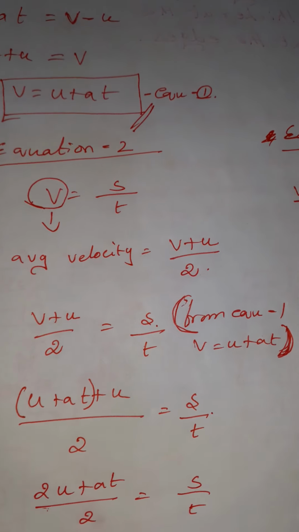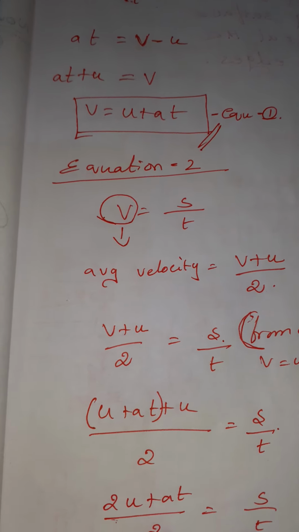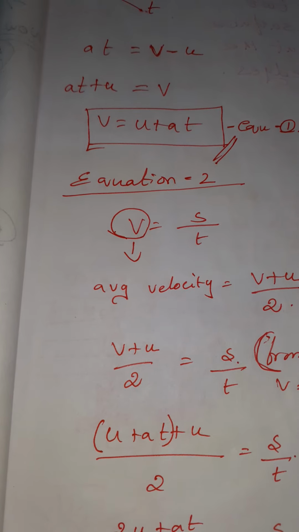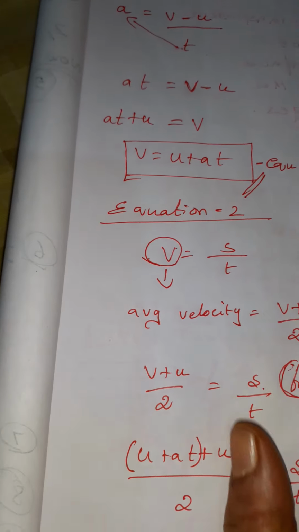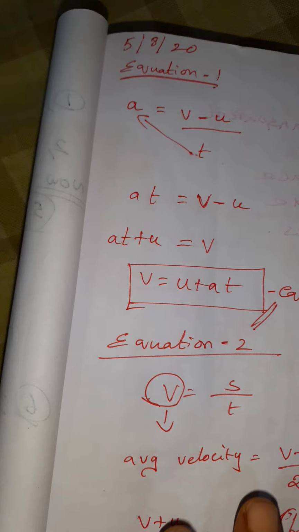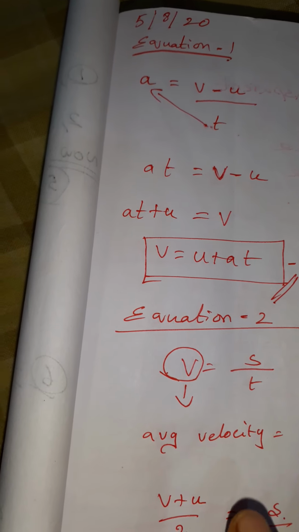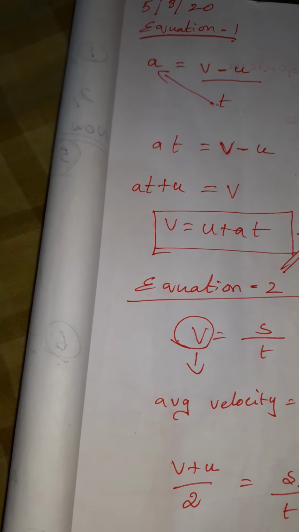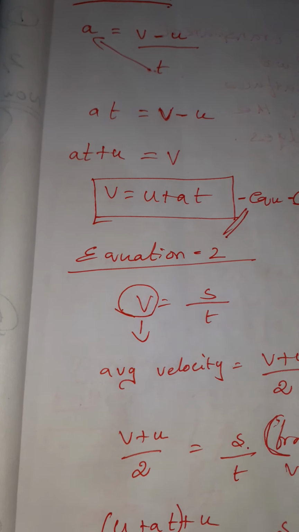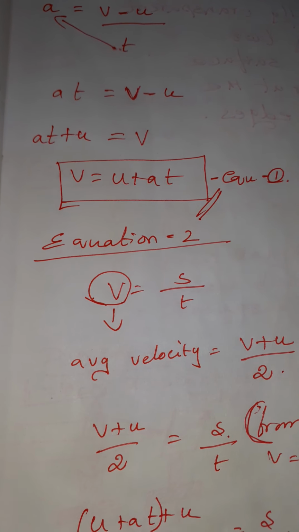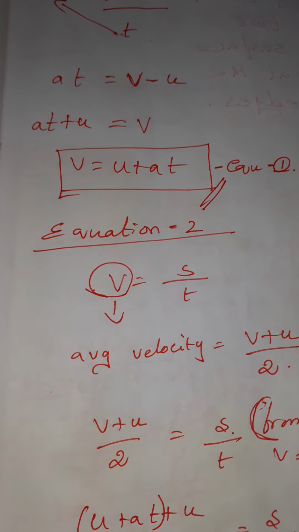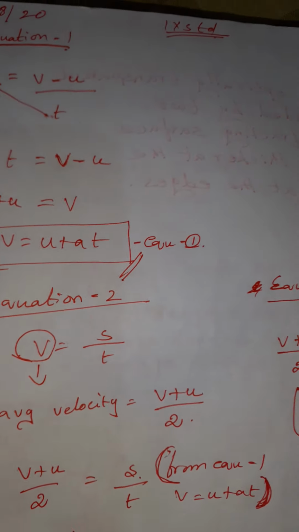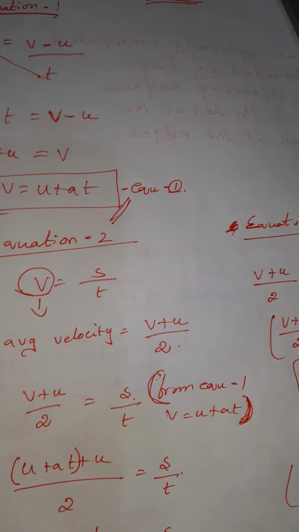With the explanation of the graph, we are going to see in the book. If I explain the graph along with this explanation, it will be a little bit confusing for you. So I have explained how to derive the equations. Now I am going to explain with your book content. Okay, is it understood for you? Yes, we will see the book content.